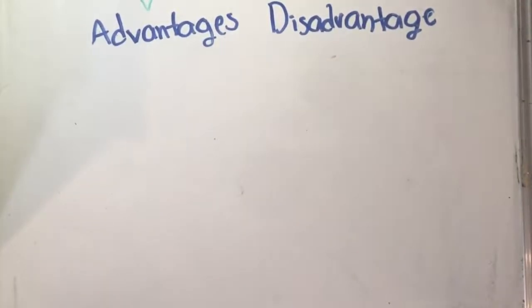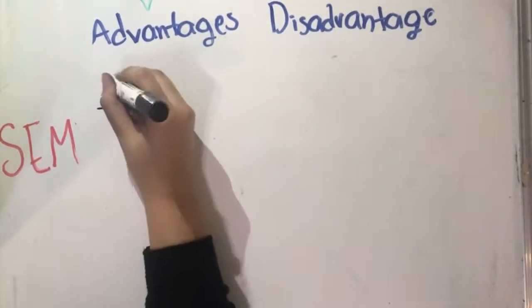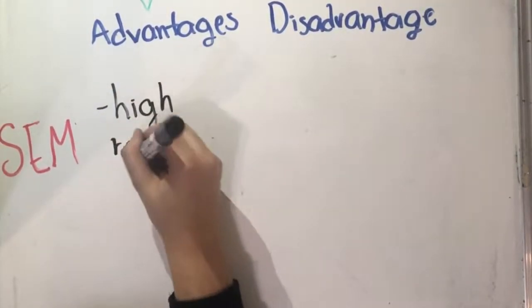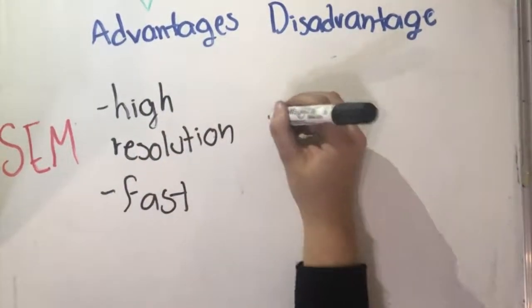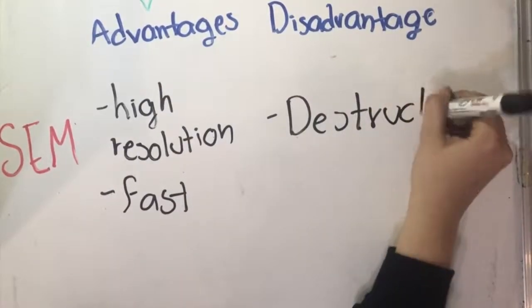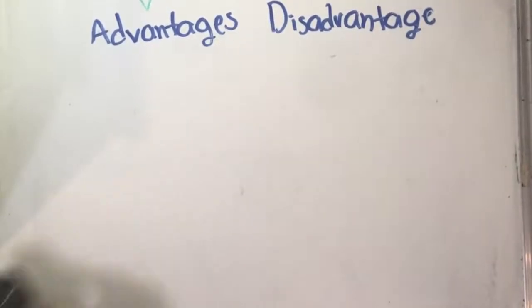Titan, help me with SEM. Woo! For SEM, the advantages are that it has high resolution. It is fast, it has large magnification intervals, and it gives direct imaging of the surface. Disadvantages of this technique are that it needs to be operated in high vacuum and the sample is decomposed by